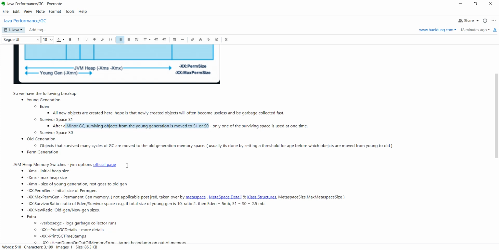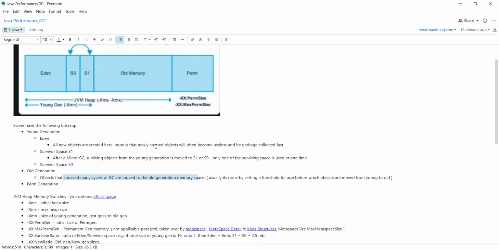Objects that survived many garbage collection cycles are moved to old generation. How does this help? We don't have to scan the entire object space every time a garbage collection runs. By dividing this way, we can run multiple minor garbage collection scans, which will take care of most of the newly generated objects. Only rarely, if we need, we will run a full garbage collection, which will collect the entire young generation as well as the old generation, which consists of objects that have lived for a very long time and therefore are less likely to have been dereferenced.